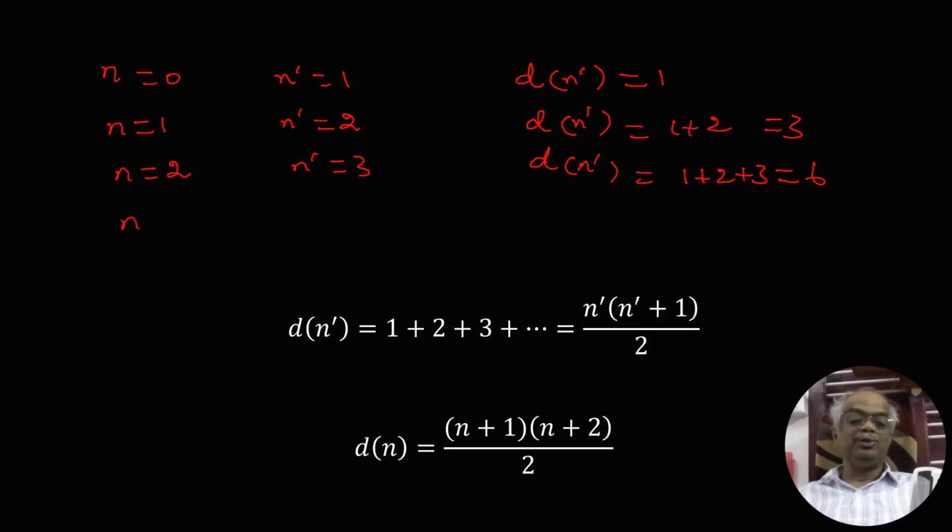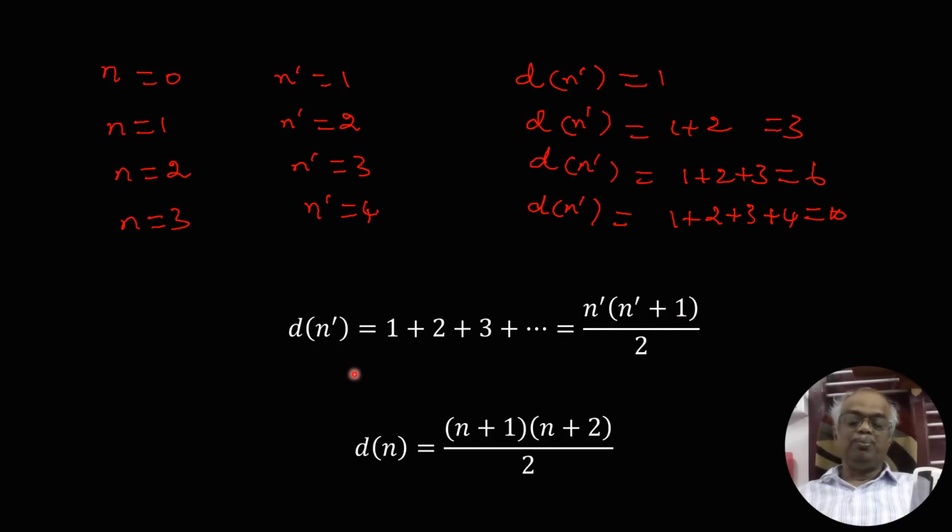Similarly, when n equal to 3, n prime is equal to 4. Now degeneracy is equal to 1 plus 2 plus 3 plus 4, which is equal to 10. You will keep on adding these numbers. So the general equation is the degeneracy n prime is equal to 1 plus 2 plus 3 plus, it will go on. So if you add the integer numbers, the generalized formula is n prime into n prime plus 1 divided by